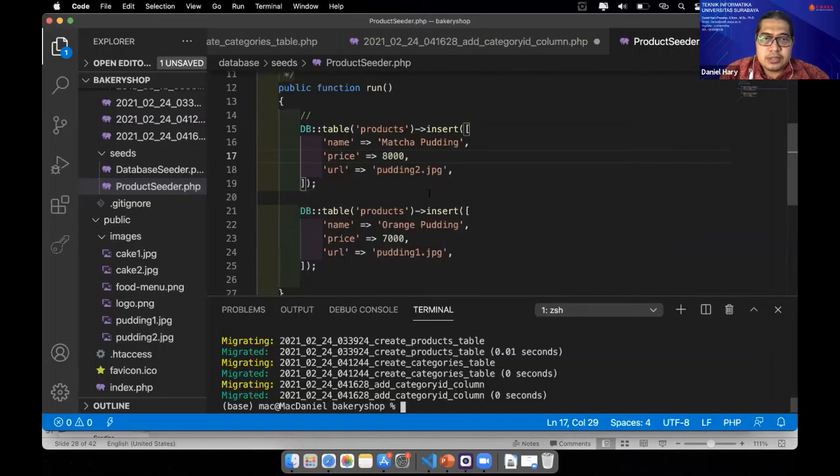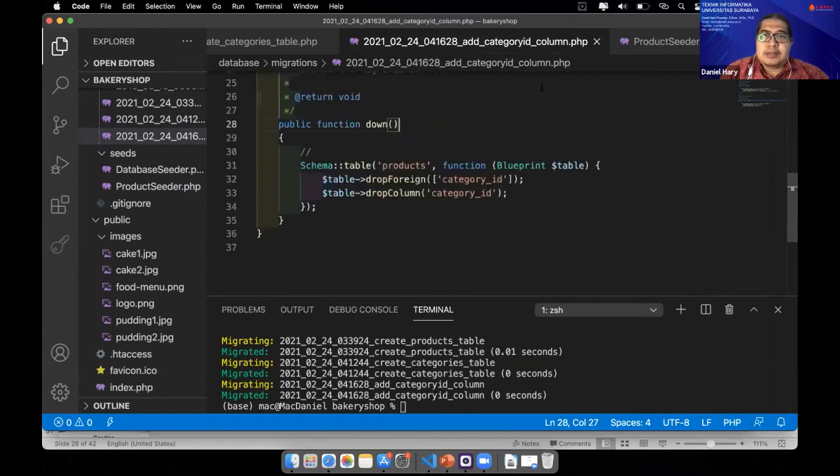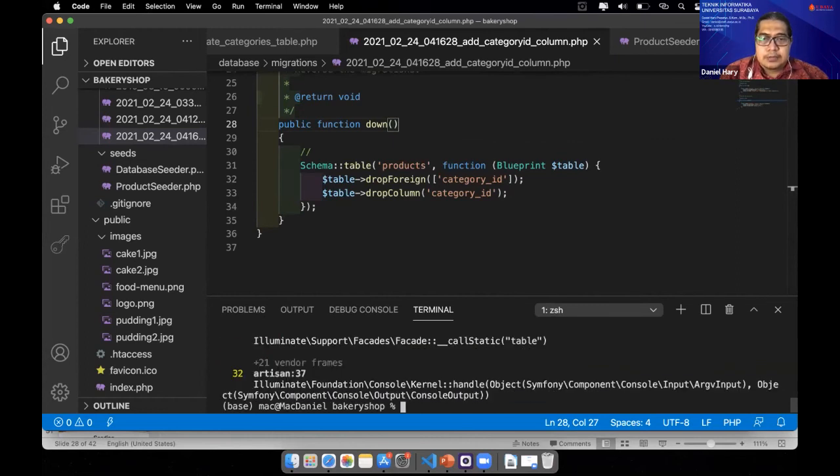I think the migration file will be for... I have not saved it yet. Aduh, I will roll back and run it again. Okay. It should be that there is a category ID in the product, but I have not yet saved this add category ID column migration file, so it's not happening. Roll back again. Oops.